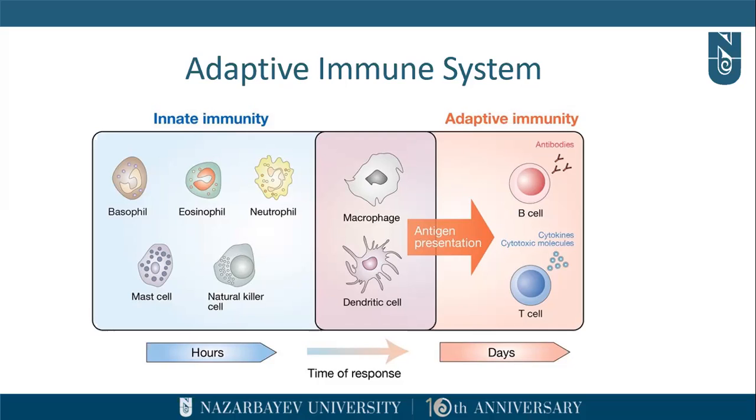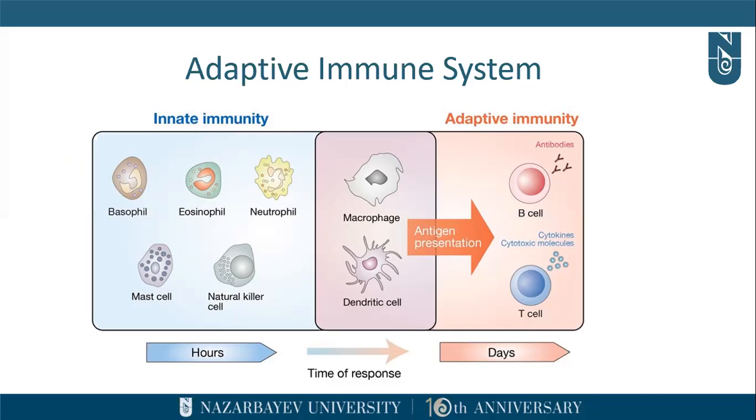Okay, good. Let's move on. So now we have finished with innate immunity. Innate immunity is the first line of defense. It consists of phagocytic cells like basophils, eosinophils, neutrophils, mast cells, natural killer cells. Mast cells actually are responsible for allergic rhinitis. As you can see, it has this histamine release once some people are sensitized by pollen,